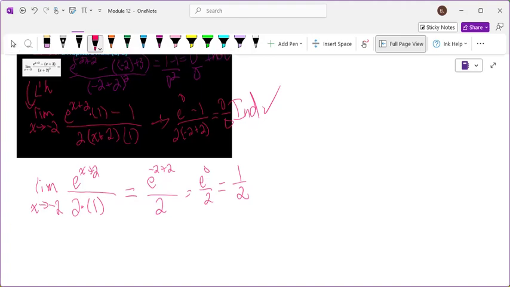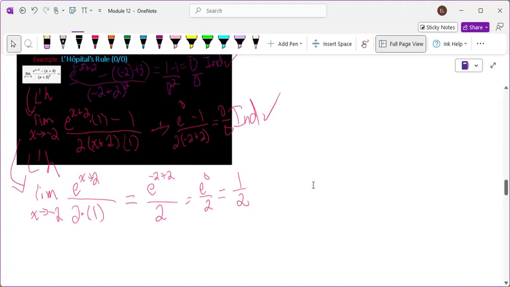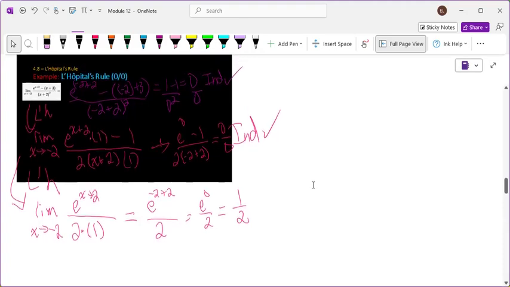Now, if I incorrectly tried the derivative again, the derivative on the bottom of 2 would be 0. And then I'd have a number over 0, and it's like, whoa, whoa, whoa. What? Like anytime if you do L'Hopital's too much and you end up with a constant over 0, rewind a step, make sure that you could still apply it from the line before. So questions on that one? Questions so far?